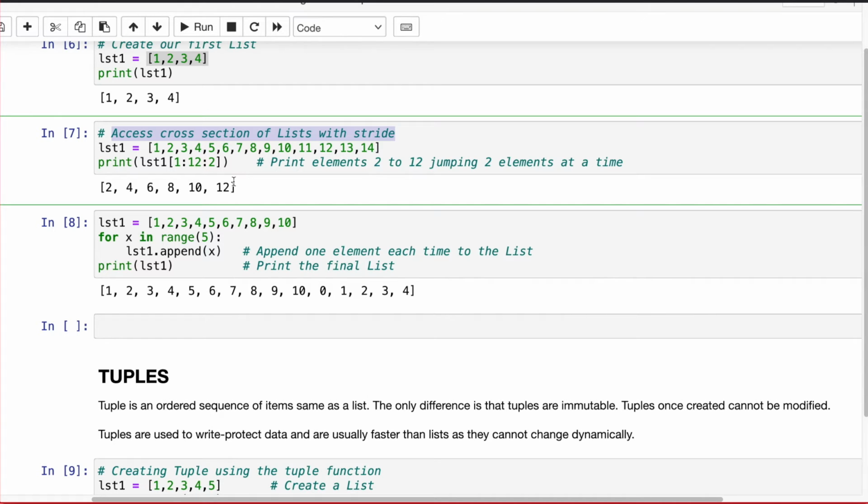Okay, so what does it mean? First let's look at the list that we have created: 1, 2, 3, 4 and continuous numbers till 14. So 14 elements in the list called list 1. What I want to do now is take this list and extract elements from it